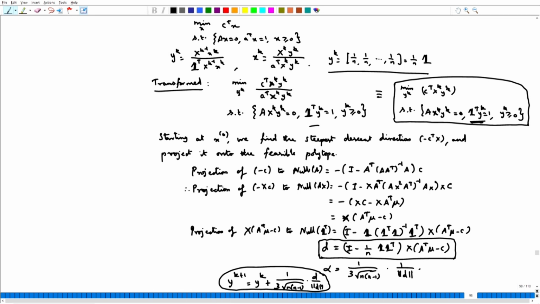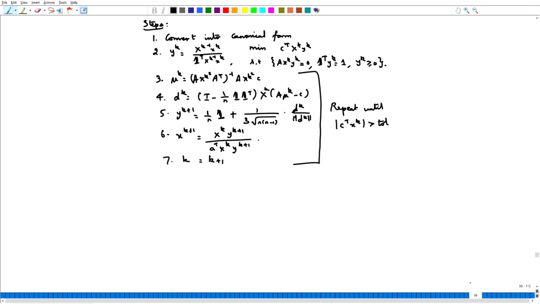So, it turns out that the transformed problem is a nonlinear programming problem. Then all of these methods need not work, that is the first problem. The second problem is that our stopping criterion also will not work. The stopping criterion is that the modulus of C transpose x k should be going closer to 0. If it is going closer to the right answer, which is, let us say, 10.57, then we are never going to converge. We are actually going to get into an infinite loop. The stopping criterion is never going to be satisfied. So, how to get around